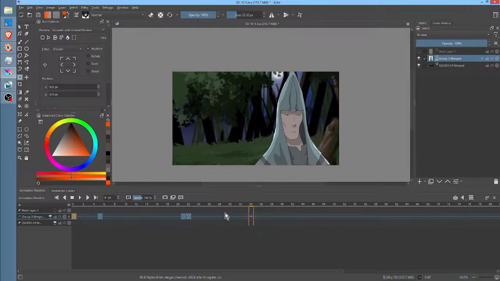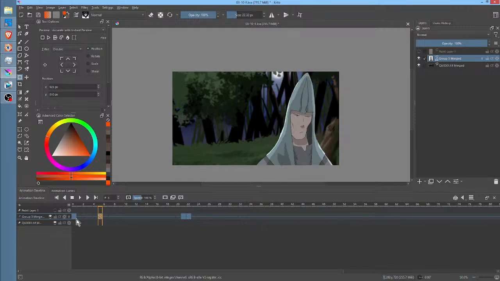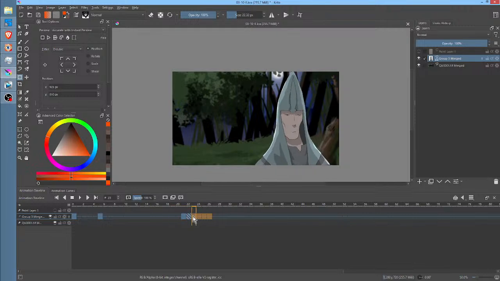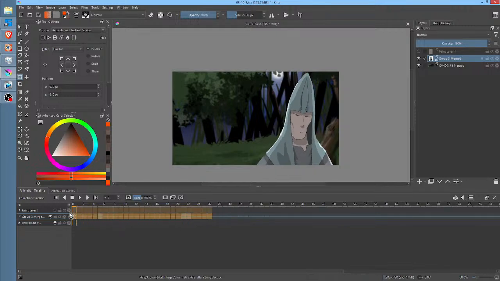Okay, so now let me check something here. I've got to tell you guys, you know what I think? That looks like a shrug. So what I'm going to do is hold Shift Alt and, no pun intended, shift everything forward.